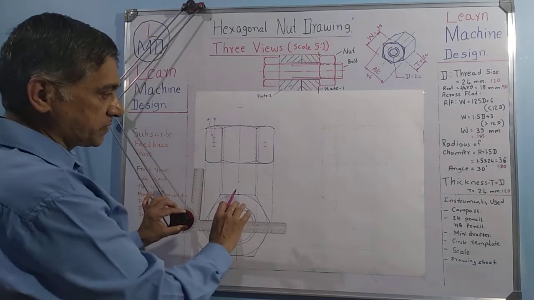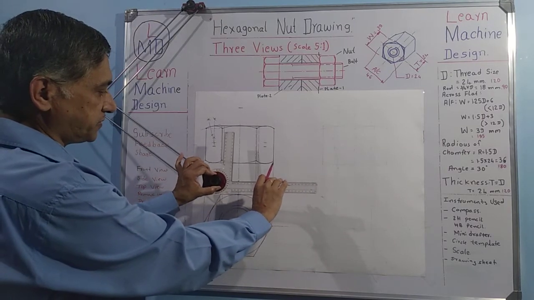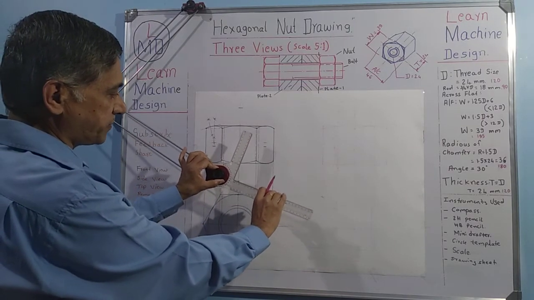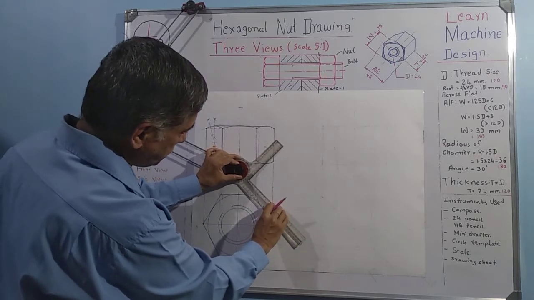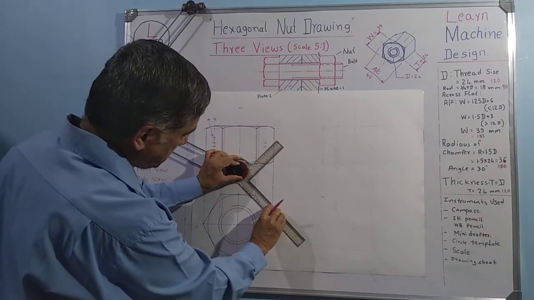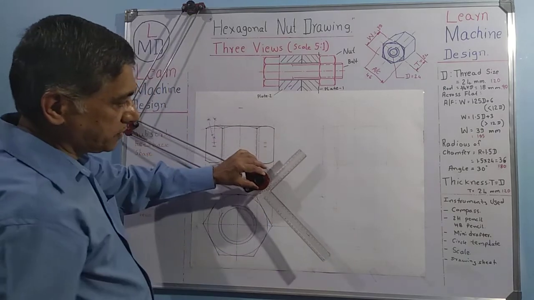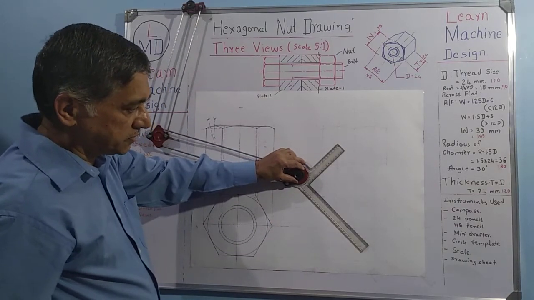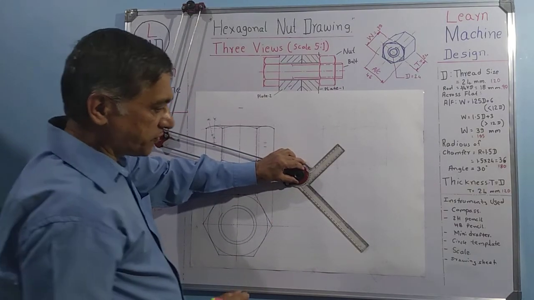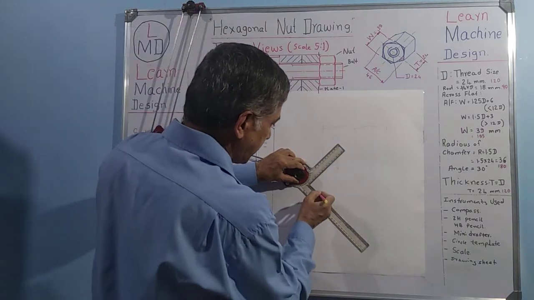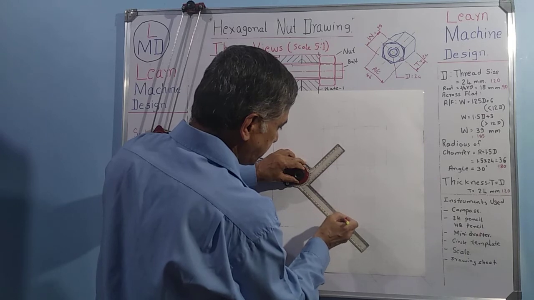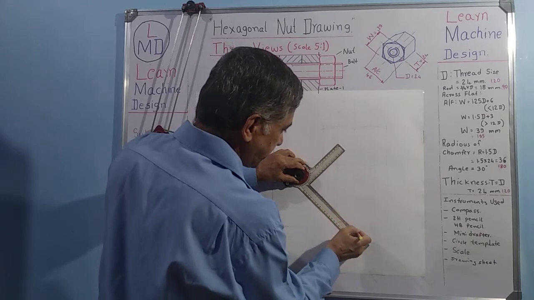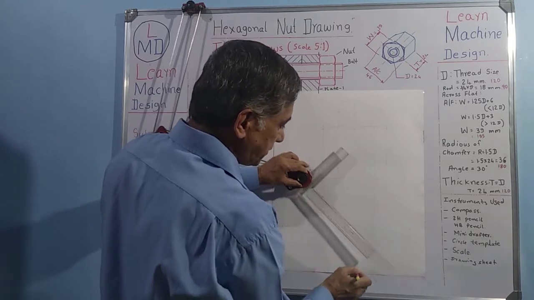For that, turn this mini drafter to 45 degrees. Then you have to draw one 45 degree line here, that too a construction line. Normally construction lines are drawn with dotted lines,